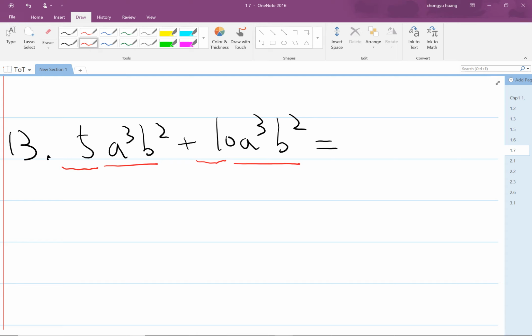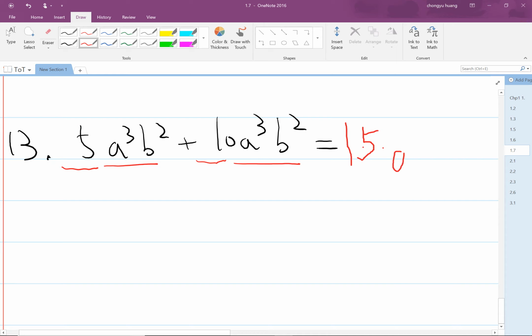Wait a second. So 5 plus 10 is actually equal to 15, right? So one second. So 5 plus 10 is actually equal to 15, right? So you know the answer is going to be 15